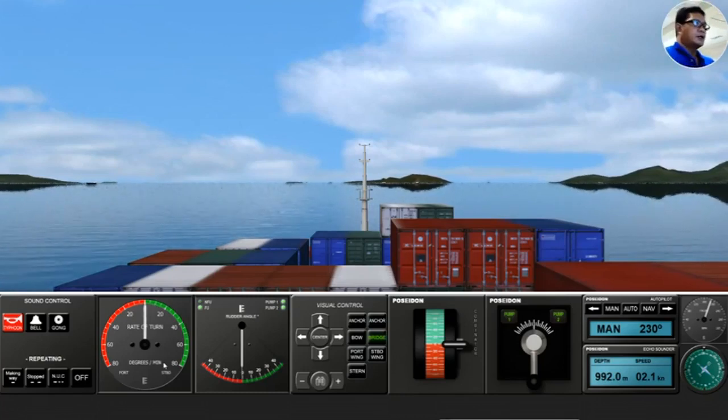And this rate of turn display has here the hand. Whatever value the hand is pointing at, that is the rate of turn of your vessel. And the rate of turn of your vessel depends on, let's go to the other